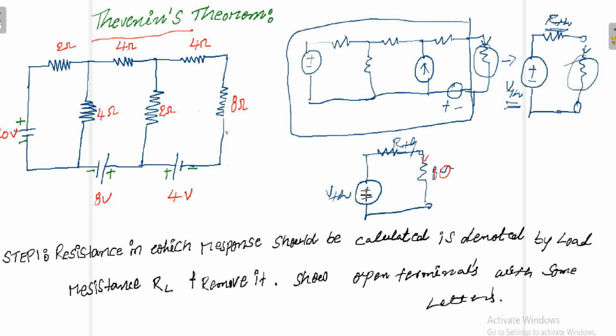How will you find it? By applying your VTH. The same amount of current flows through this RTH and this 10 ohms. The total current is equal to total voltage by total resistance, that is VTH divided by RTH plus your 10 ohms. If I replace this with 20 ohms, I can find it easily with the simple equation. If I consider 200 ohms also, we can find it easily. So, we are going to see how to replace the total circuitry except where you want to find the response into a simple circuit which has a voltage source and a resistance, that is VTH and RTH.